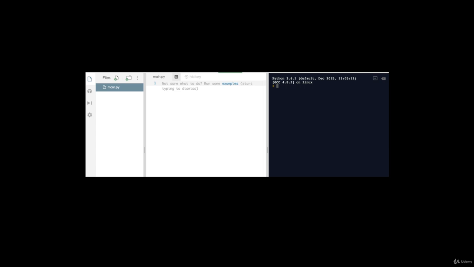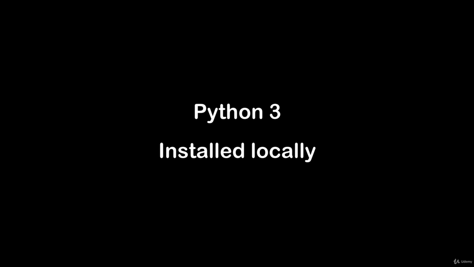And then once we move on to a slightly more complex example, what we're going to do is we're going to install Python 3 locally. And that is going to let us try out a little more complicated stuff, and we'll go from lecture to lecture. But we'll cover the instructions for how to install it. It's all pretty simple. It's going to be all through package managers. We're not going to have to do any local manipulation of the operating system or anything in order to get